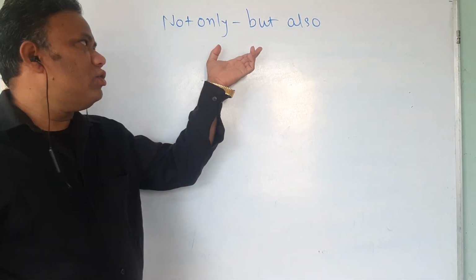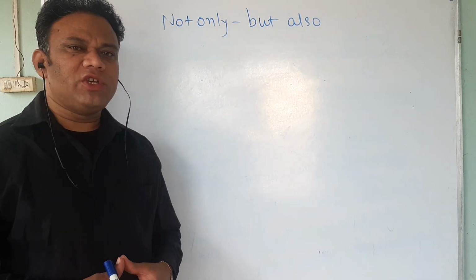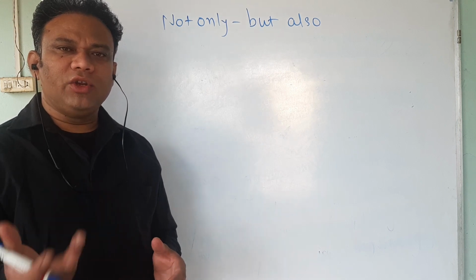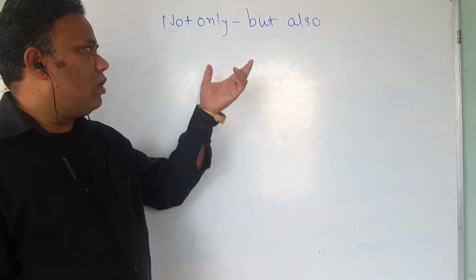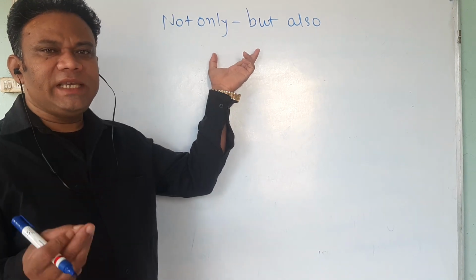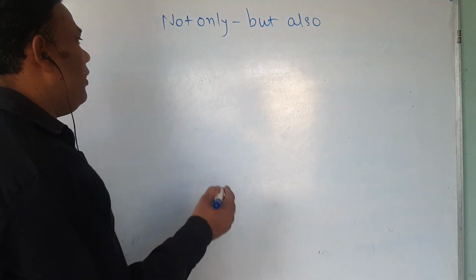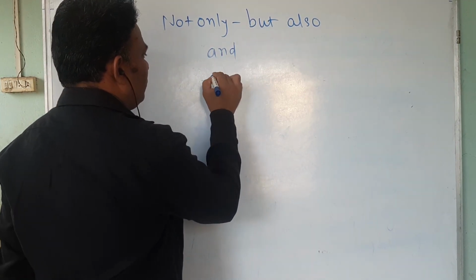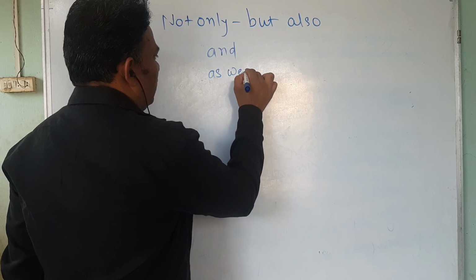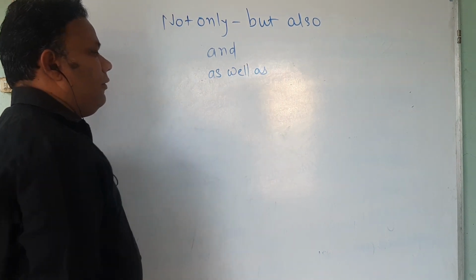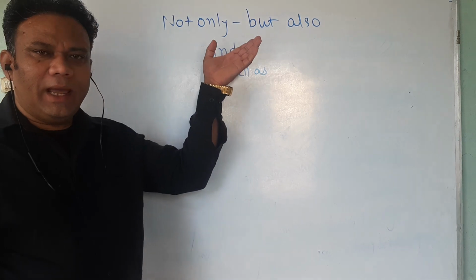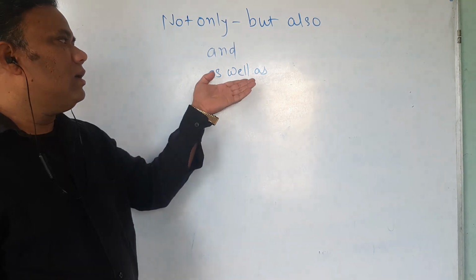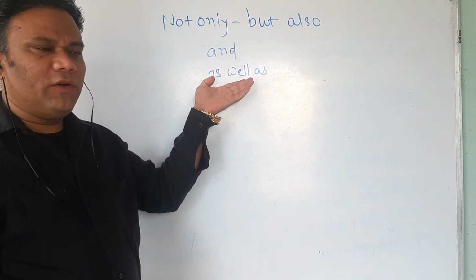Whenever we are told to use not only but also, the first question which arises in mind is where to use not only and where to use but also. So I'll explain this point in a very easy way. See here. Whenever we are told to use not only but also, we find that either "and" is used in the sentence or "as well as" is there in the sentence. Mostly it is in the middle part of the sentence.